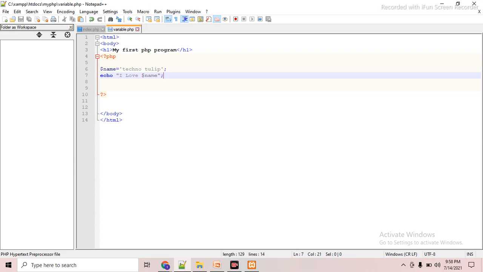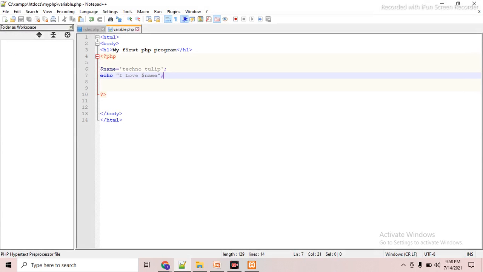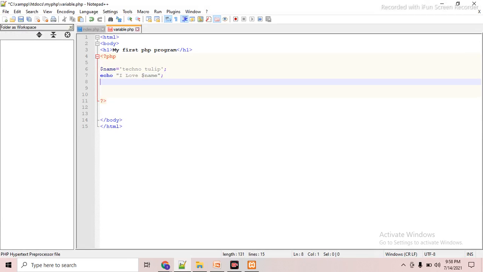Just save it in the directory where we created the project, and run this file in the browser. What is the result? I love techno tulip. So I think it is well understood how a variable can be created in PHP.